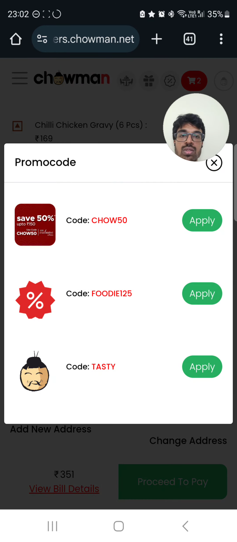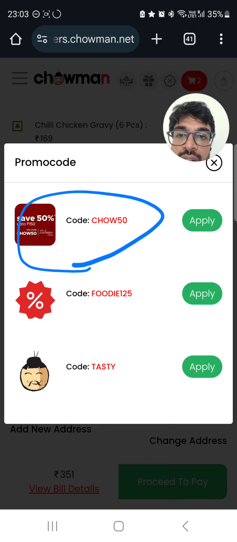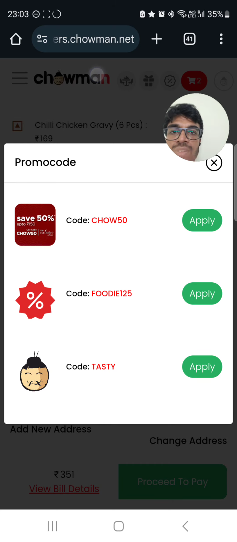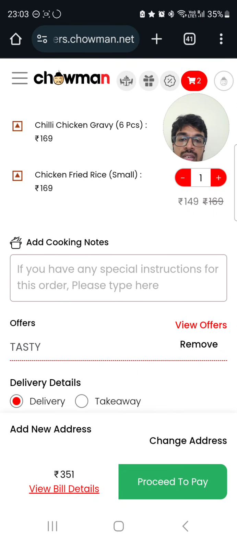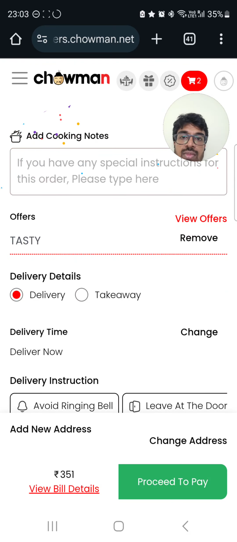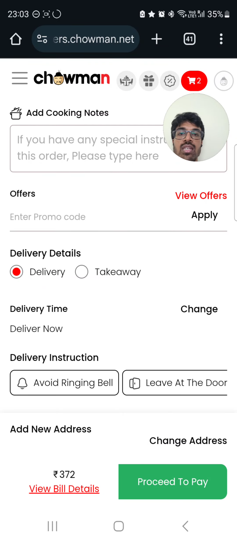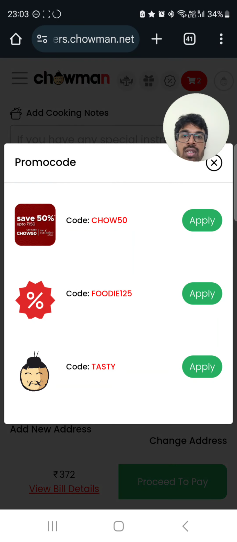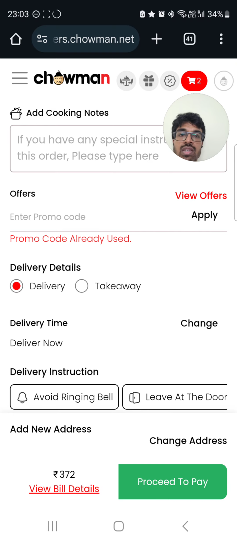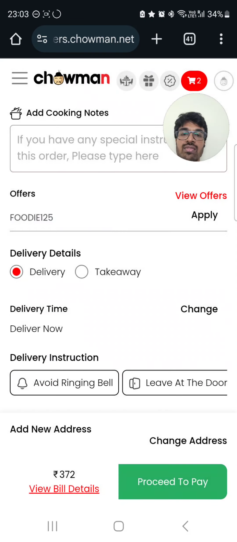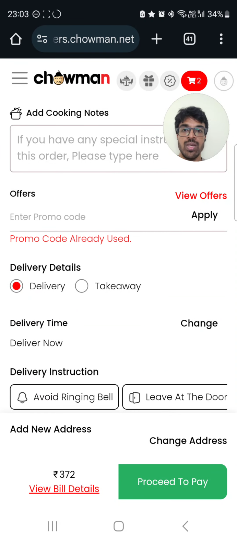So you can actually use offers like if you're a first time user, then you can use this. I believe this is for the first time, and then this is always available, and this. So, for example, if I add tasty, it will be, I think, how much discount you got? 68 rupees discount. Initially, it had some 20 rupees discounts, and if you add Chow 50, I think this is not available because I've already applied and used it. Foodie 125, you will actually get 125 rupees over here,